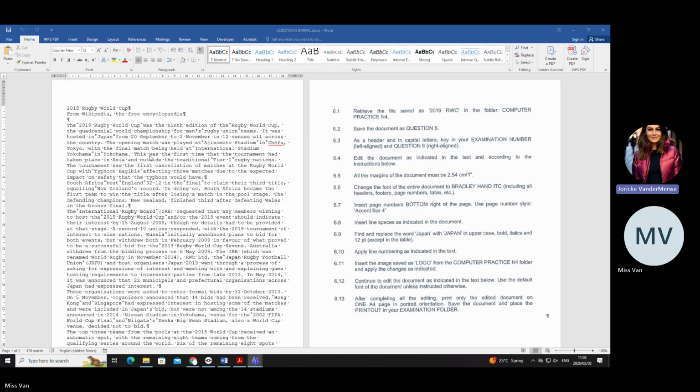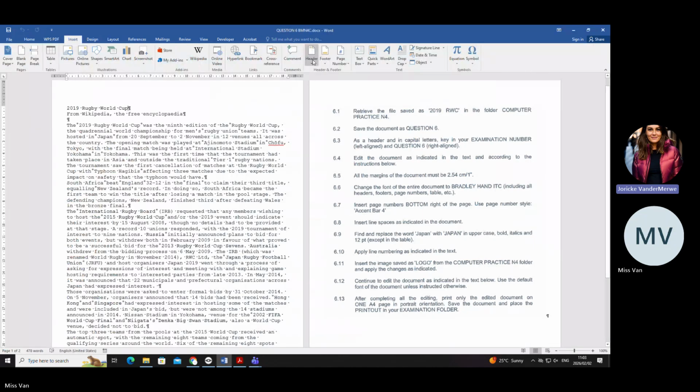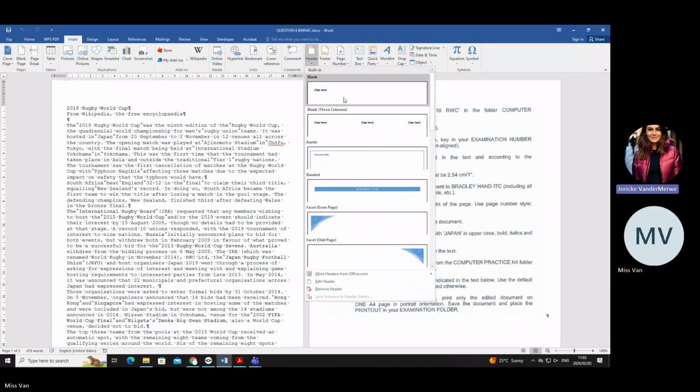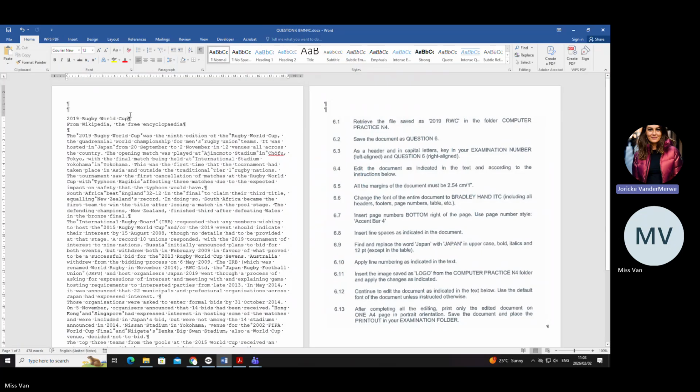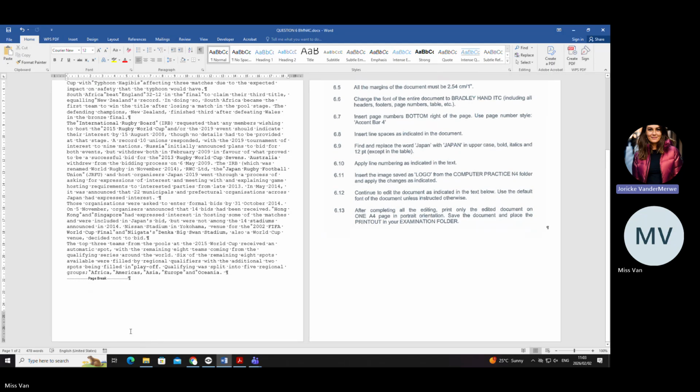Now, how do we put in our header? There is a way. I'm quickly going to show it and then I want you to forget it because that's not a nice way. Insert, header and footer. But then they give you these templates that you now have to go and delete and put stuff in. So I don't like that way. I want you to do the next way, which is to go to the space. Do you see there's a space here? Do you see there's also a space here at the bottom?